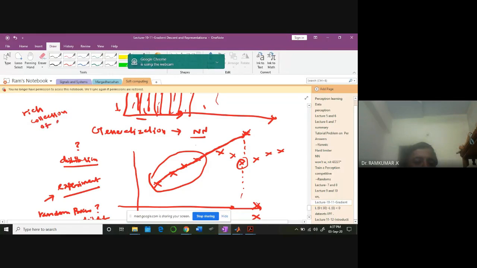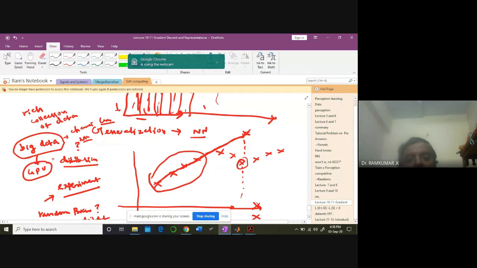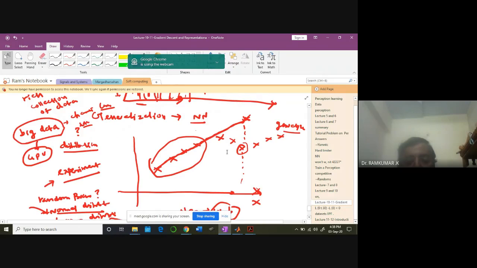A rich collection of data. That's why big data is playing a big role in machine learning. You understand why big data is playing a big role? Can somebody tell me why? Primarily because when you have more data, the chances of missing out some data are going to be very less. You have collected a huge chunk of data, and you're going to train your network with a GPU, a graphical processing unit. Because of that, the network will be in a position to generalize to a good extent. Generalize in the sense that for new data, it can respond properly.